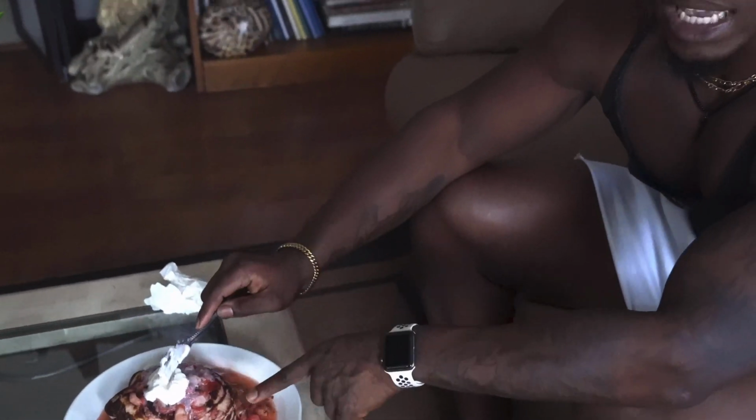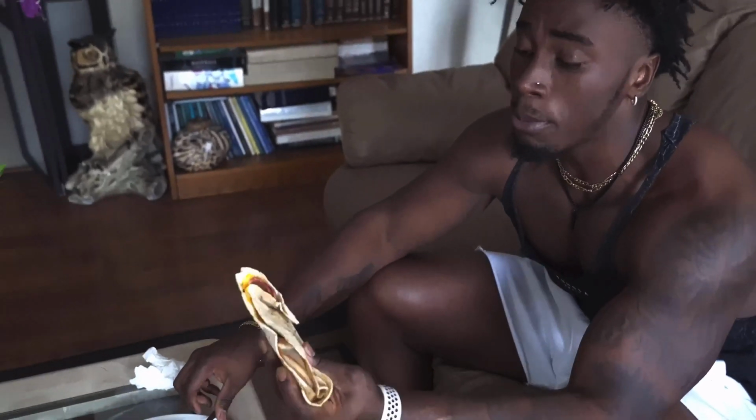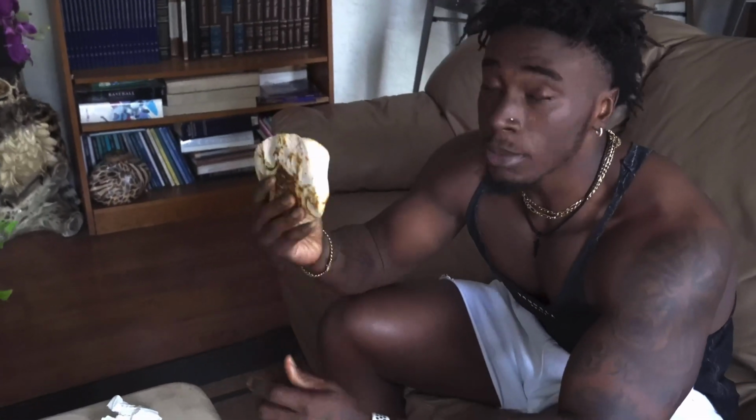We got breakfast. Hey, y'all didn't even see me put the whipped cream on. It looked way better before it melted. But same pancakes from yesterday, just with whipped cream added. And then we also have a breakfast wrap, just because I really wanted some bacon. So I threw some lunch meat in here, 1 serving, some bacon, and then I threw some ultra thin Kobe